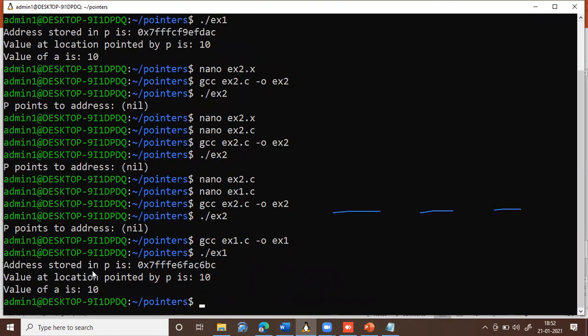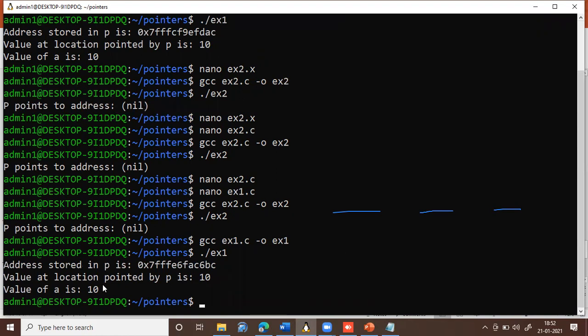You can see the address stored in p is, so this is the address. The address is a very big value. It is represented in hexadecimal format, so that the F, E, all these things are appearing. And the value at location pointed by p is 10, and the value of a is 10.